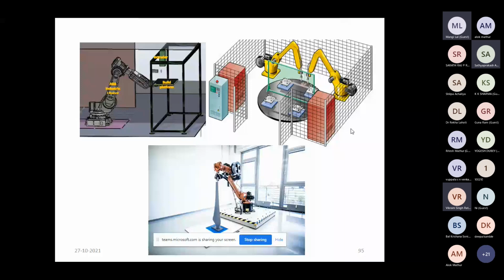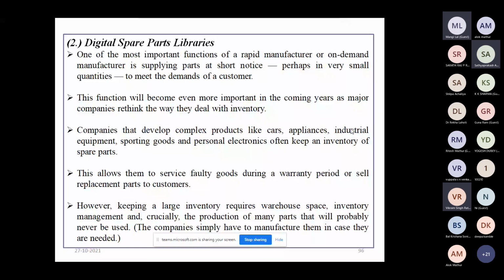Once you have generated a certain product with any of the rapid prototyping or additive manufacturing techniques, you can repeat it several times by saving the program for that particular product in your digital library.